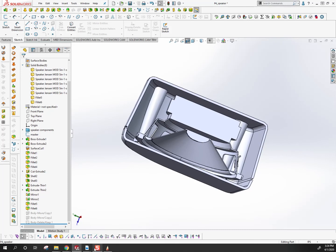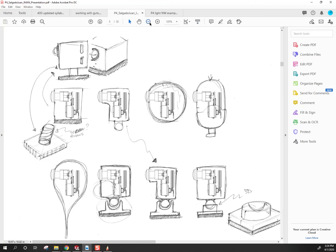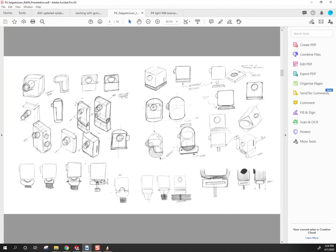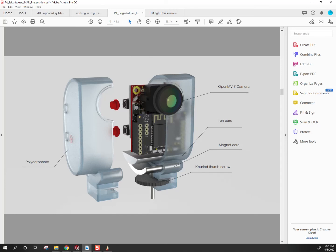If we look back to other student work, you can see some of them kind of approach it and hint at it. We can see what Juan did. I know that Max and I talked about it, and I will have conversations with you all about how best to split your objects. If you look at Juan's here, it does look like these are all just floating in there. But that said, I mean,